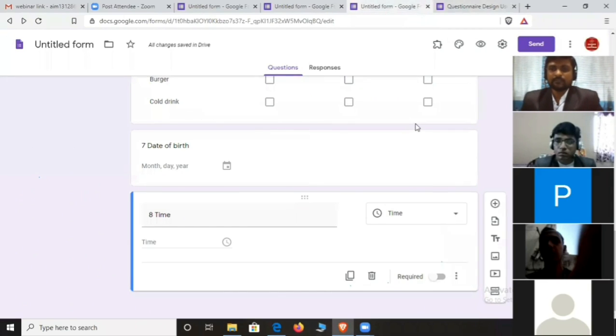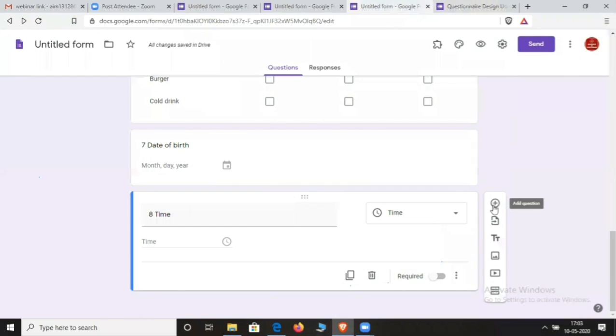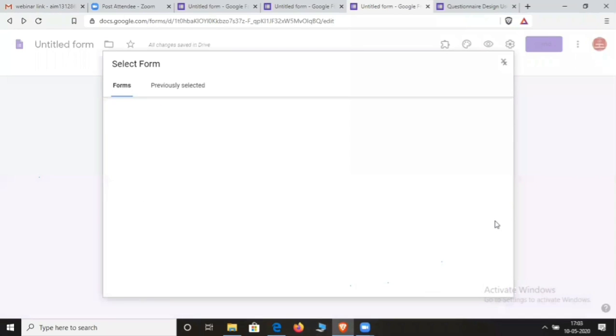Then after this, let us try to understand this option. This one. So first is add question, as we have seen earlier how to add. If you want to add question one by one, then you can use it. Then again import question. Now suppose in the past you have prepared a questionnaire, and you want to add some question from your recent questionnaire, then you can use the import questions option to import the questions from your existing questionnaire.